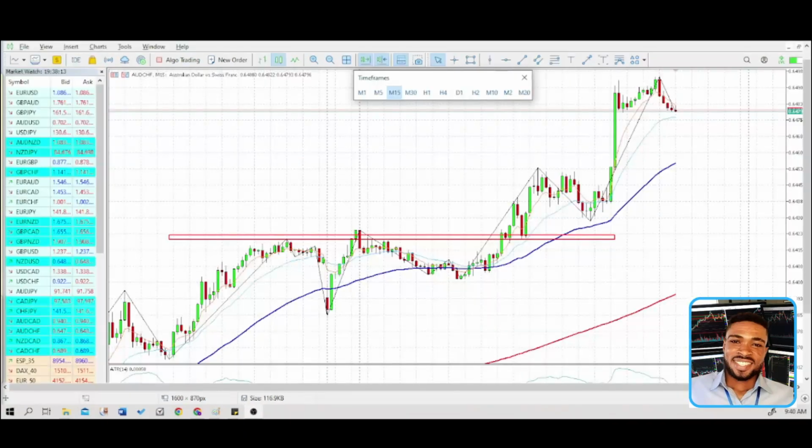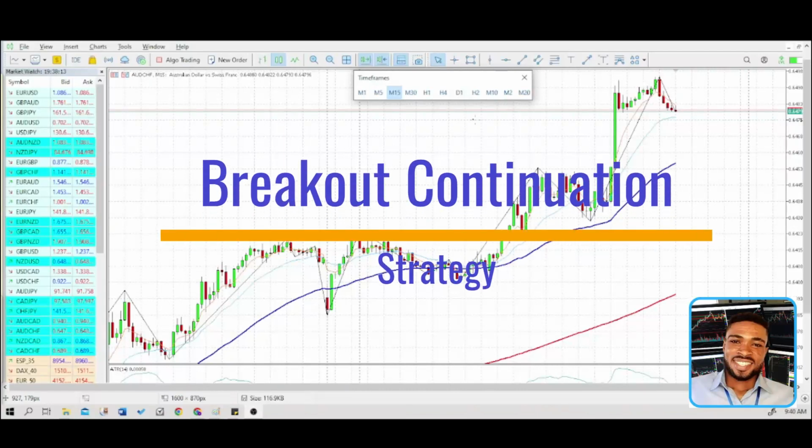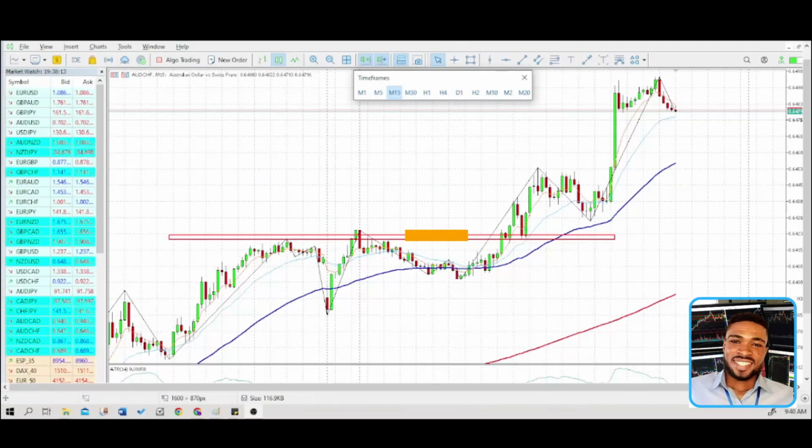So we all know the breakout continuation trading strategy. If you don't know the rules, let me recap here. To be able to trade a breakout continuation trading strategy, you must first identify a trending market. And what's a trending market? A trending market is a market that's moving with higher highs and higher lows, right? Can you see? Higher highs, you have a lower high here, higher high. That's a trending market. And we know that traditionally the market moves this way,